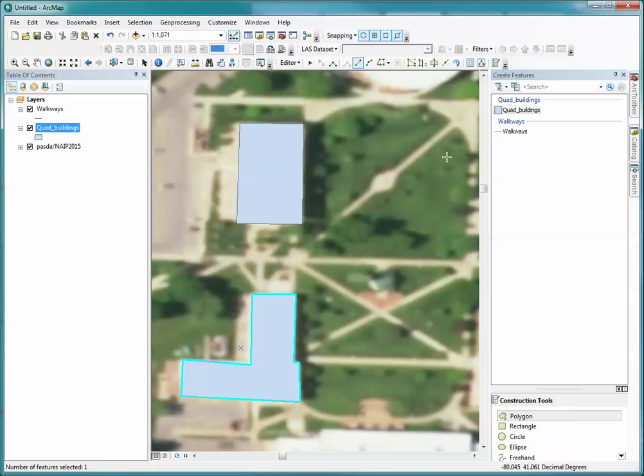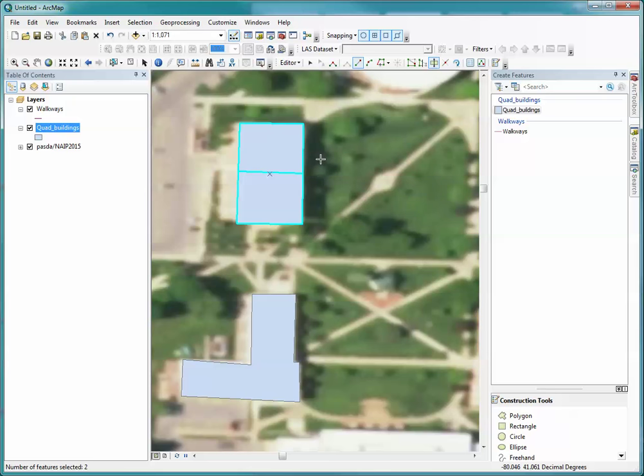Now, there are a couple other tools that are worth understanding, one of which is the cut polygon tool. In other words, I've drawn a large polygon, and I actually want to split it at this point. Now the most important thing about the cut polygon tool is that it will work on the selected polygon. So in other words, if I make this the active polygon, I select the cut polygon tool, and I select where on the edge I want to cut it. Let's say right there, and I need to split it in half, and I'm going to go over to here and click,